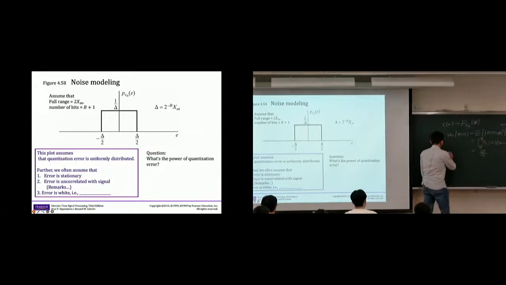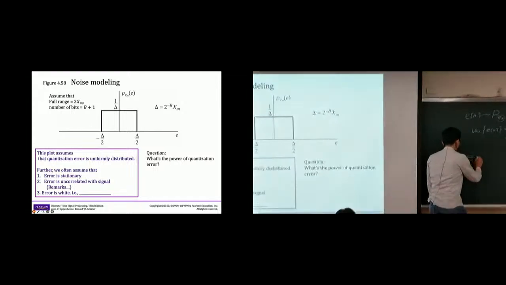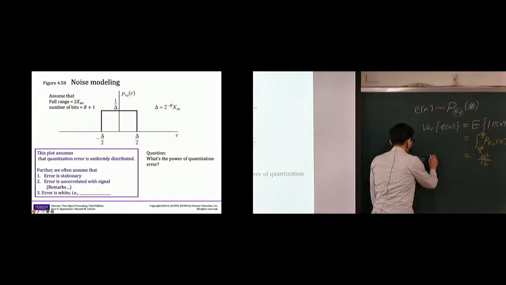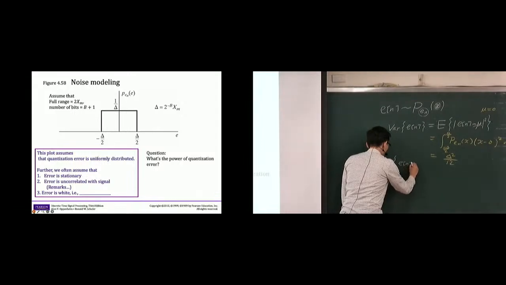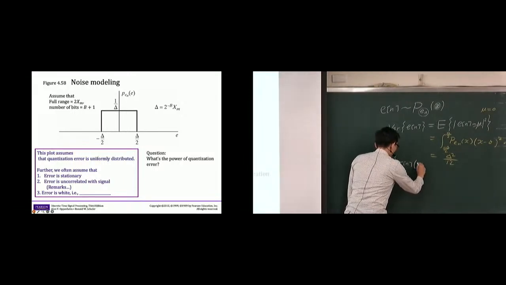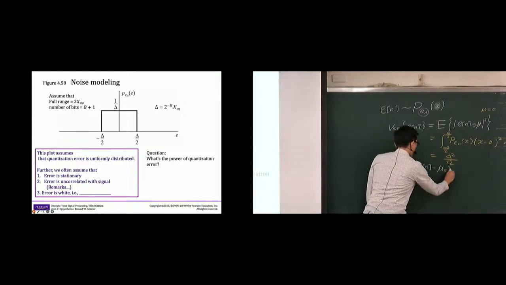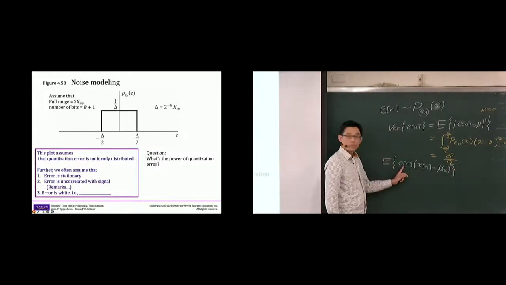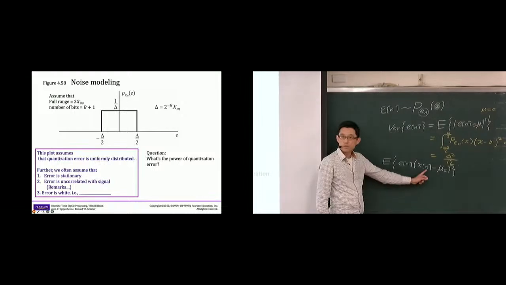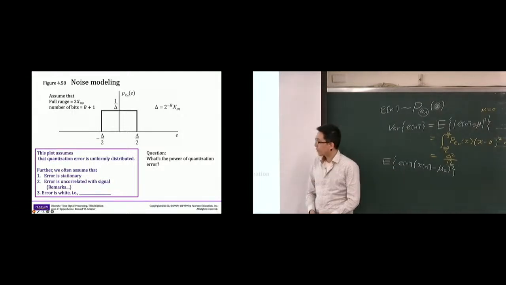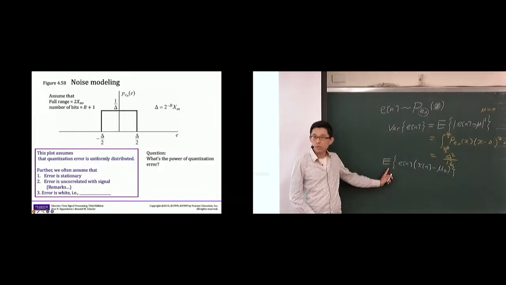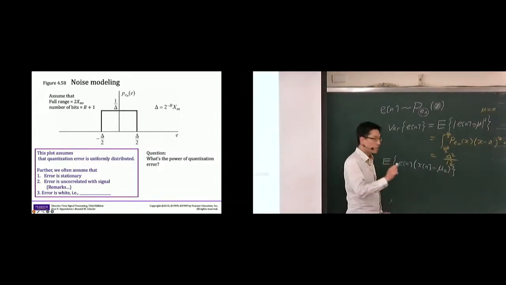Okay? So we can then consider the expected value of e of n times x of n minus the mean of x. Okay, let me use this notation. So that's a covariance, knowing that the mean of e of n is zero. So that's a covariance between the approximation error and the signal that we begin with. Okay, the covariance, so we often make this assumption that the two of them are uncorrelated, meaning that this expected value is what? Is zero.